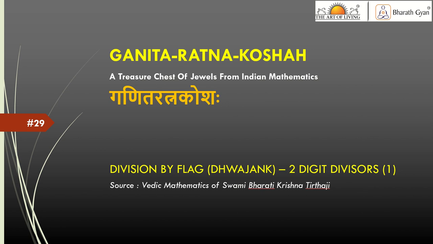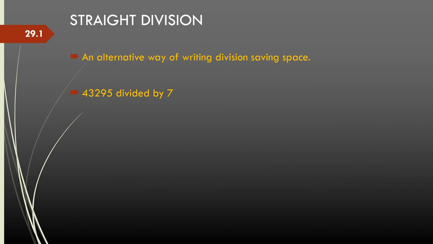If you notice in all the techniques, what we have done is we have tried to leverage the power of the place value system to express or to process the multiplication or subtraction in a different way, so that it becomes easier to process, remember, etc. And it also gives accurate results very quickly. So, let us see how we can do the same with division. Now, the first thing is we will get used to a straight division kind of notation. When we are doing a single digit divisor, there is no difference in the process,